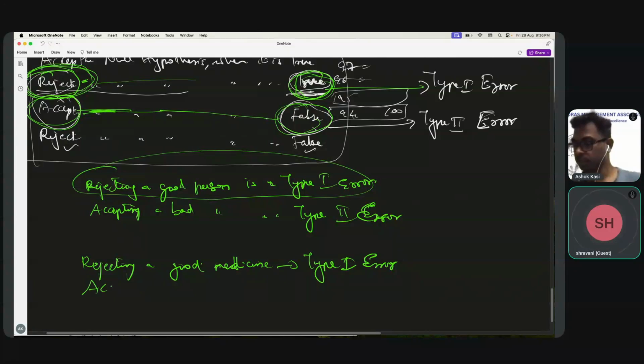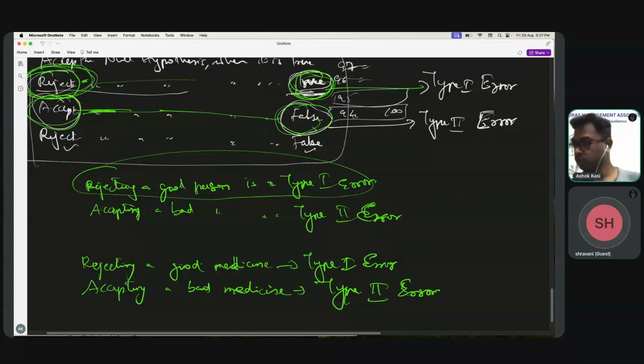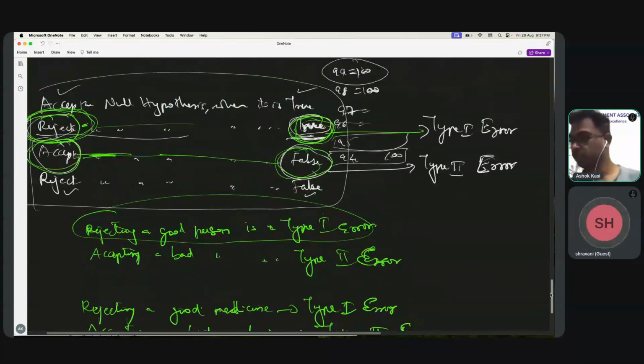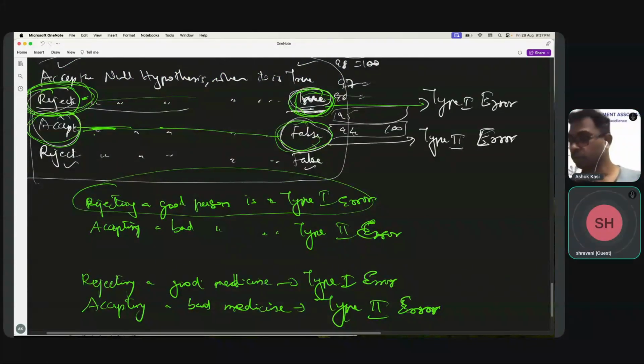Then accepting a bad medicine is type 2 error. Now, what is more dangerous? Type 2, because in type 1 it's not harming anyone, and in type 2 it will be harming a lot of people. You heard that news, many people getting side effects, heart problem and all after taking injections. If that is true, then it is type 2 error. So that is why many checks will be done to make sure